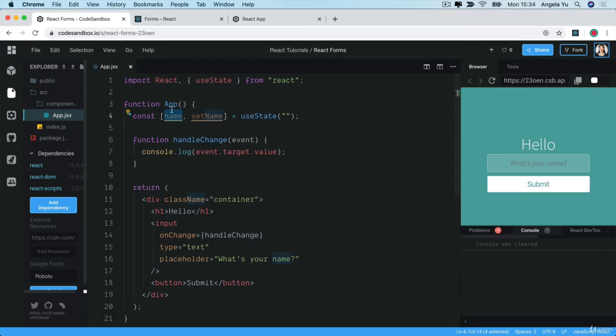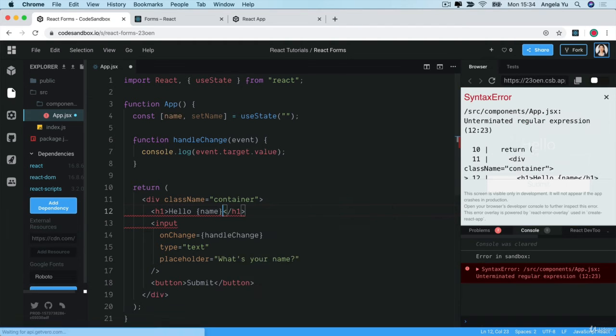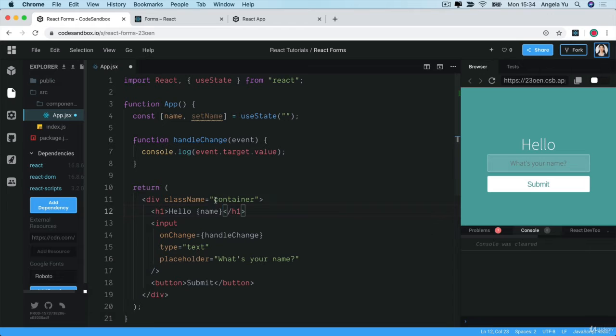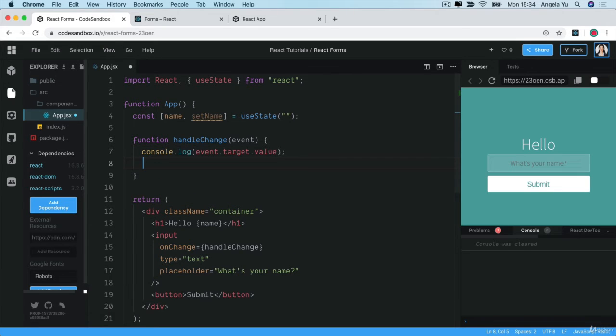Now I can use this constant name inside my h1, and I'm going to add it right at the end after the hello. So opening up a set of curly braces, inserting the value of the variable name inside here at the end. And now what I'm going to do is whenever handleChange gets called, I'm going to call setName, and I'm going to pass over the value of